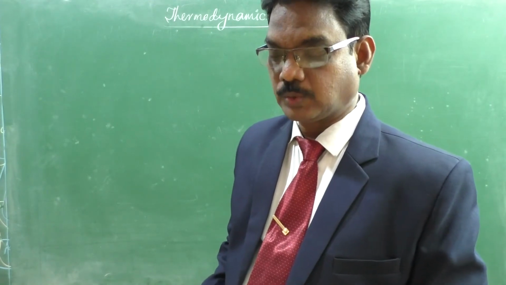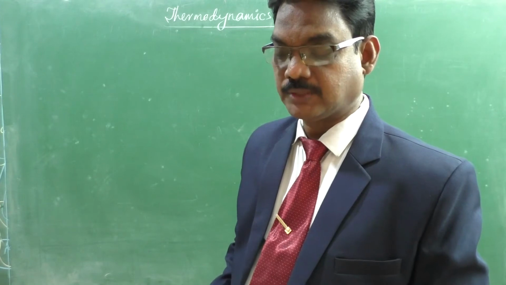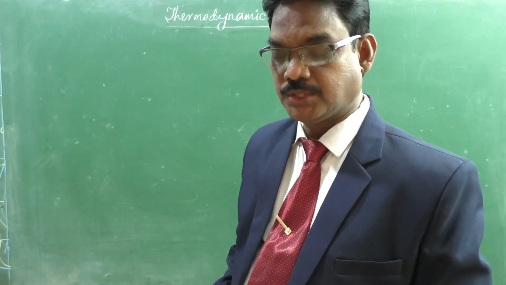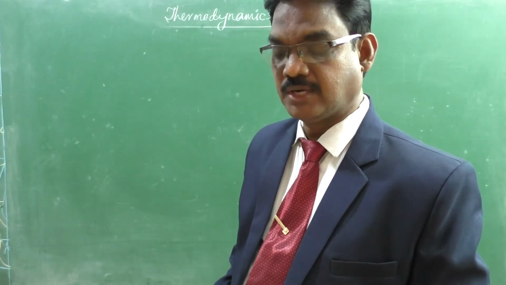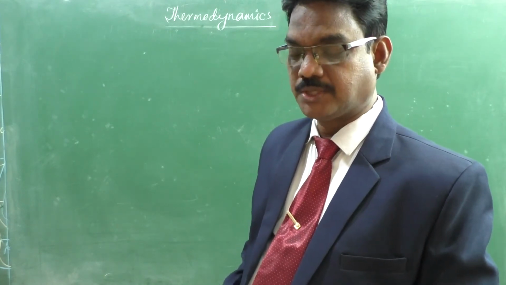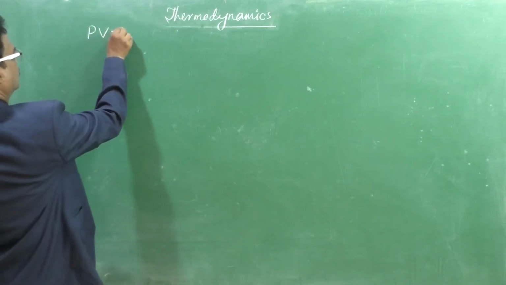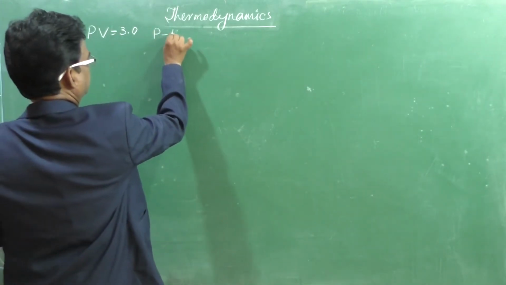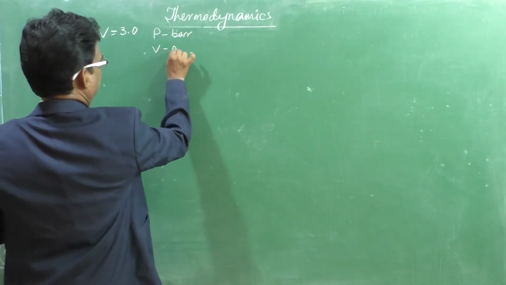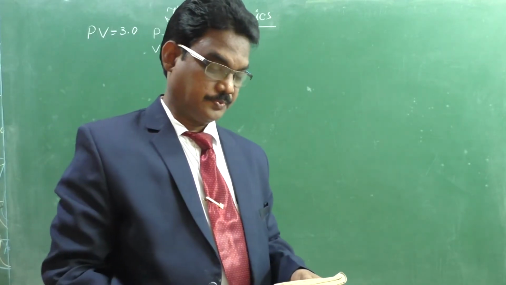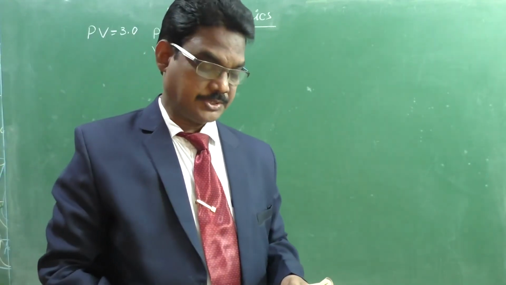The properties of a closed system change as per the following relation between pressure and volume: PV equal to 3.0, where pressure is in bar and volume is in meter cube. Calculate the work done